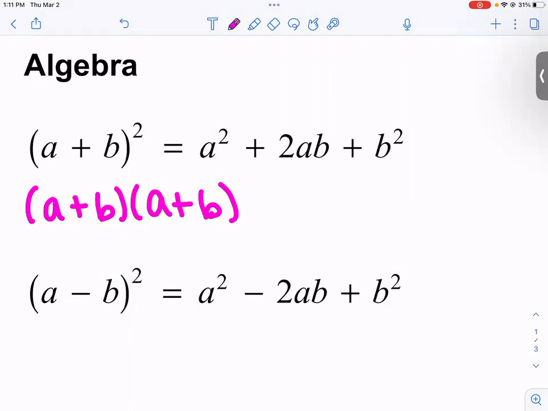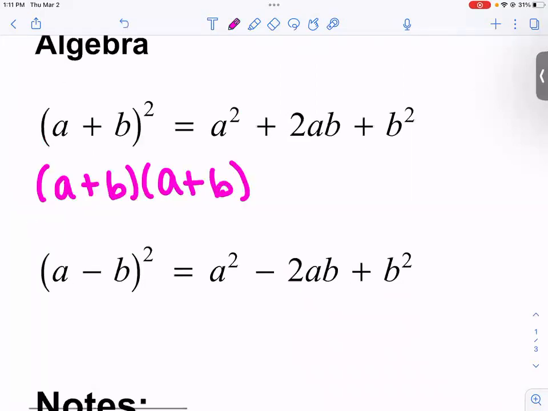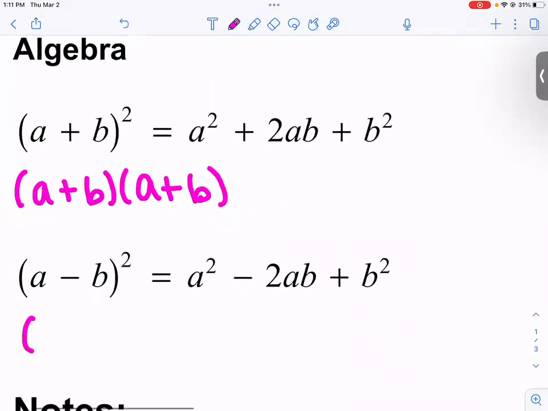Good job, Peyton. 216. Yes. Okay, a minus b, the quantity squared, means a minus b times a minus b. Now, when we multiply those out,